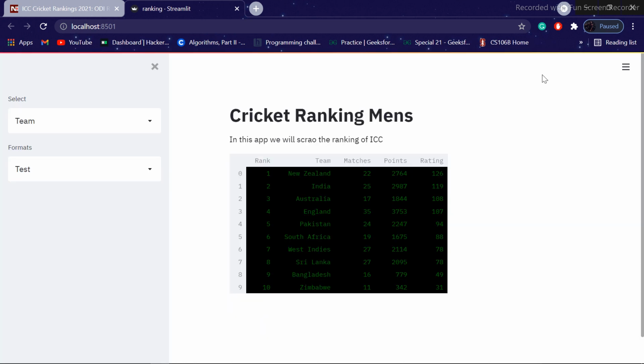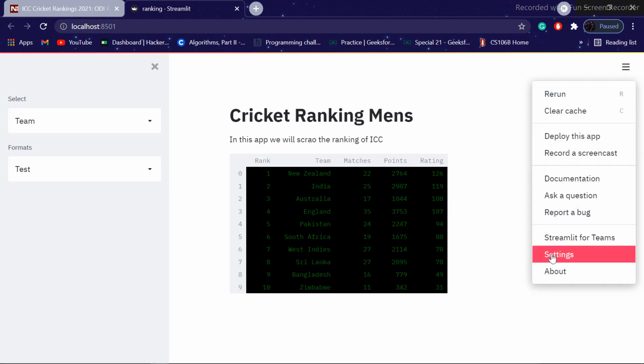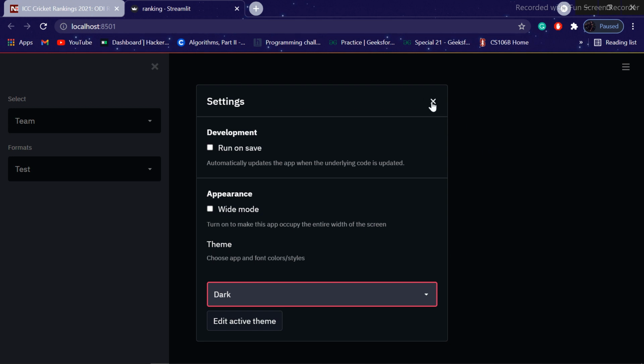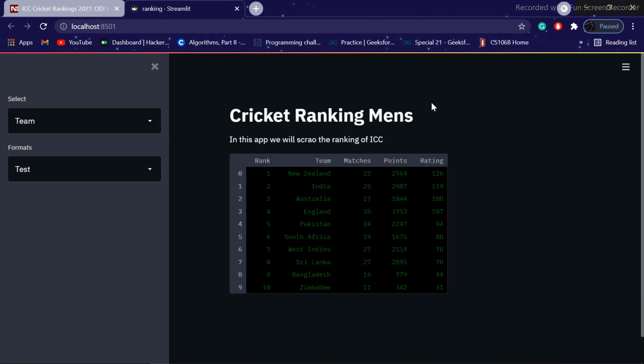But I prefer the dark theme, so I will select that only. In the previous version of Streamlit, we only had the light theme, but now they have included the dark theme too. So if you have installed the previous version, upgrade it to get the dark theme.